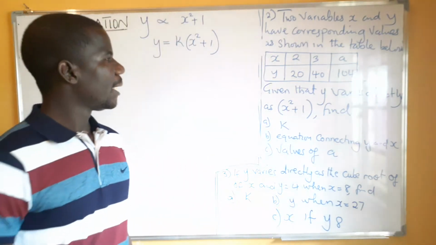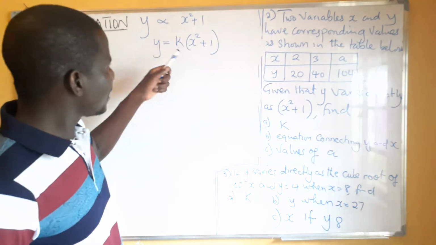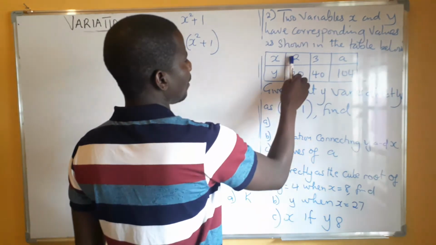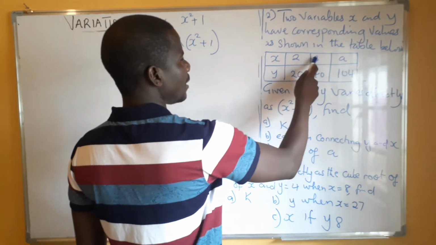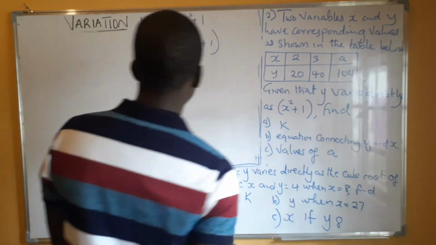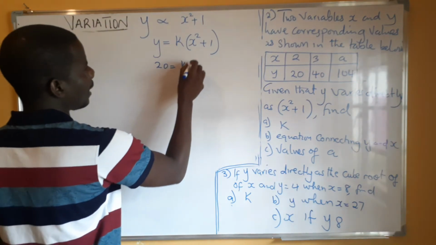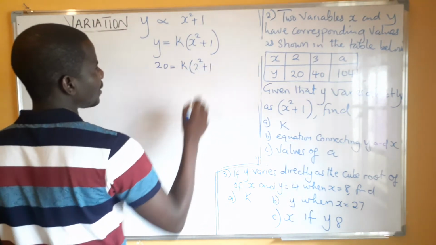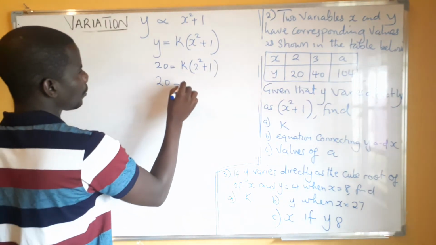So now, to find the value of k, we can use one of these here. Because here we know the value of x, and here we have the value of y. The same thing here, we have the value of x. So we can use either this pair or this one. So let's go for the first one. Our y is 20. Our k, then what is our x? Our x is 2 to the power 2 plus 1. Are we together? Then this is going to give us 20 is equal to k times